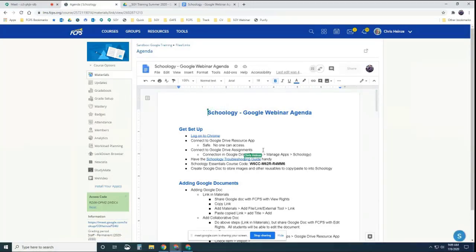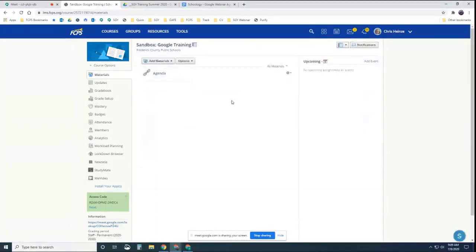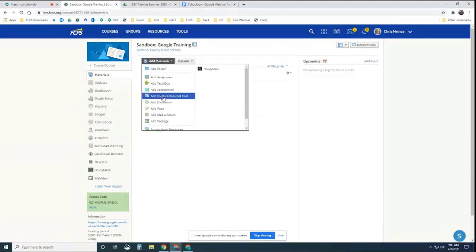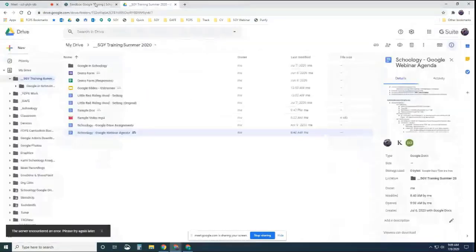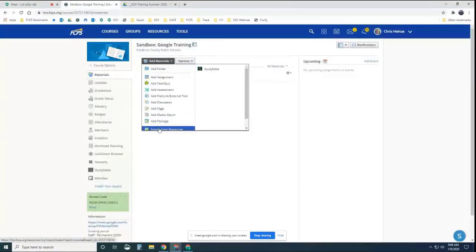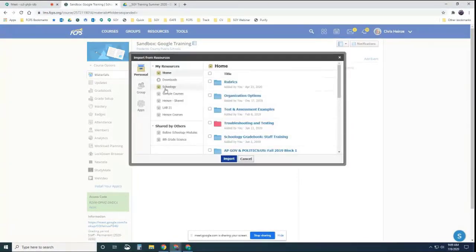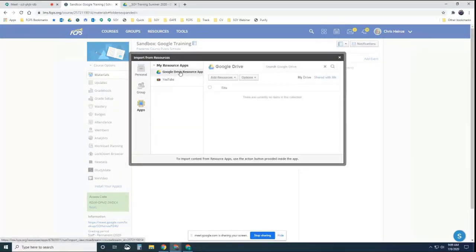Now, if you ever add a link that doesn't appear here, you want to make that so it appears in a new window. But Google Docs should always show fine within Schoology. All right, a couple other ways you can add that. I could say add materials, import from resources. So let's say I didn't have the document already open. I could go to add materials, import from resources, and now we're going to use the Google Drive resource app. So apps, Google Drive resource app,